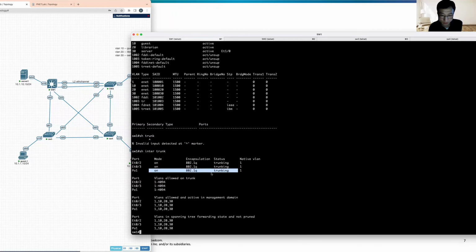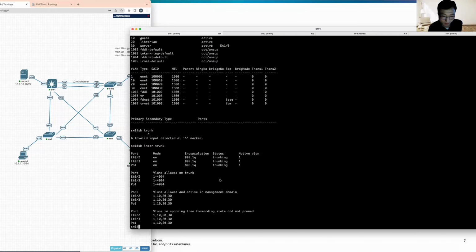Encapsulation is 802.1Q. It's trunking. Native VLAN: I didn't talk about native VLAN, but you can refer to the book for some details. And VLAN allowed on trunk. This is pretty important. If you want to restrain some specific VLANs running on this trunk,